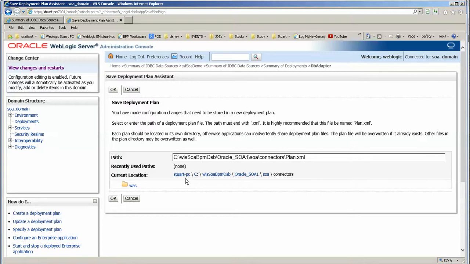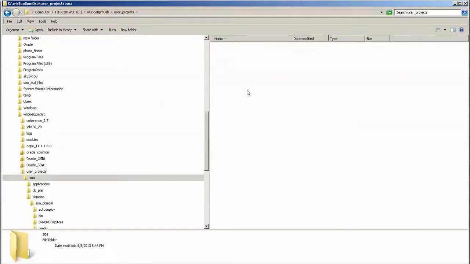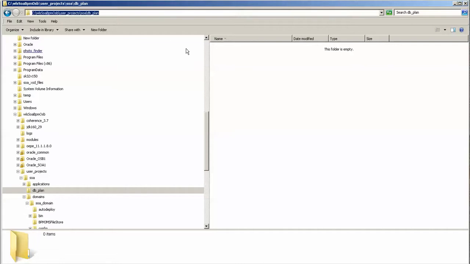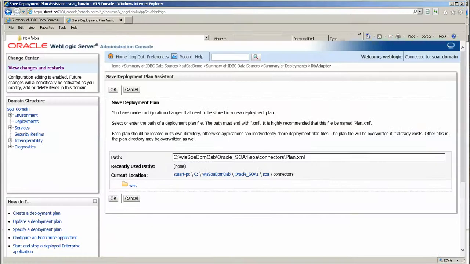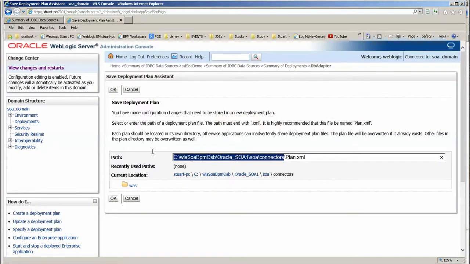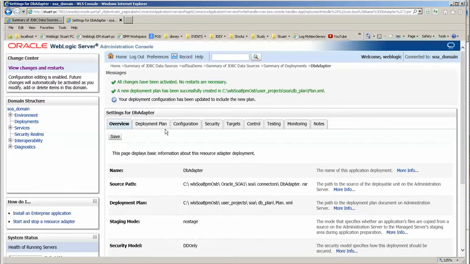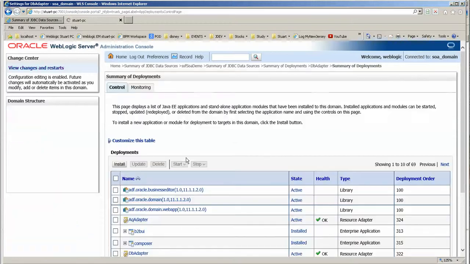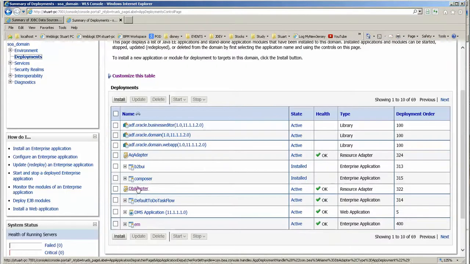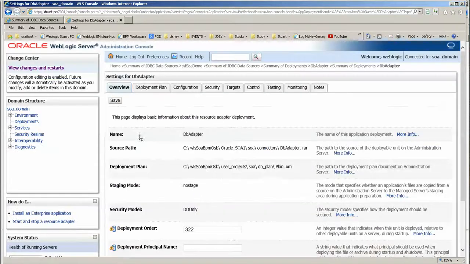Okay, now what it asks for is a plan, a DB plan file, and I'm going to set mine up here. I'll show you in a second. In my SOA directory where I have my domain, I just set up this directory here, and we'll just copy that in and click OK. Now we're still not done here. Let's go out to the deployment. It says that it was done, but there's two things we have to do. First,